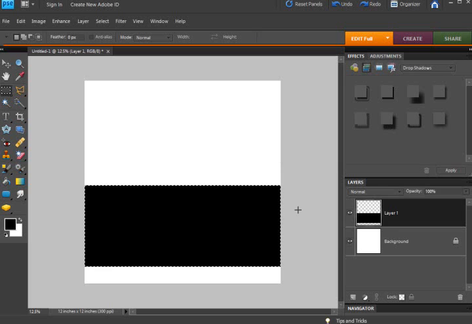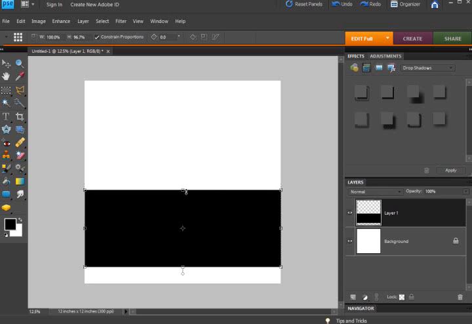I hit the right keys and Control D to deselect. I have my foreground and background colors set to black and white, and I filled that in simply by hitting Alt and Backspace on my keyboard, and then Control D to deselect. And you can now see over here I have a new layer with that rectangular box in it. How tall the box is doesn't really matter,